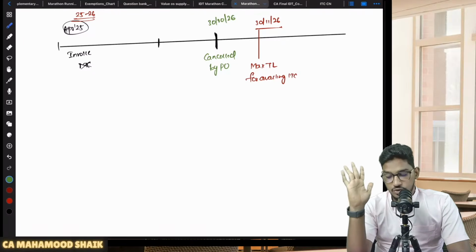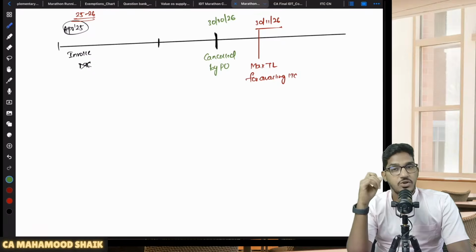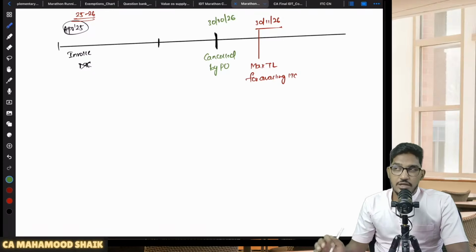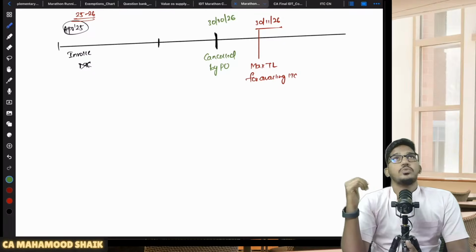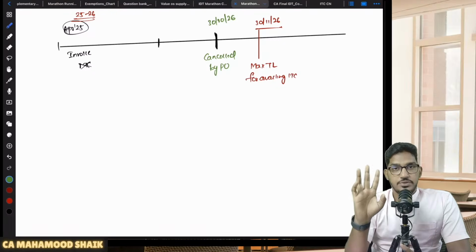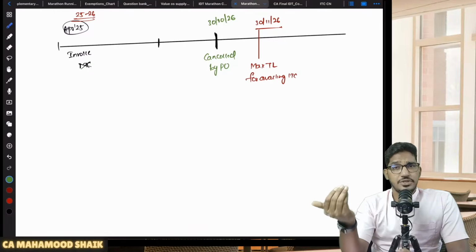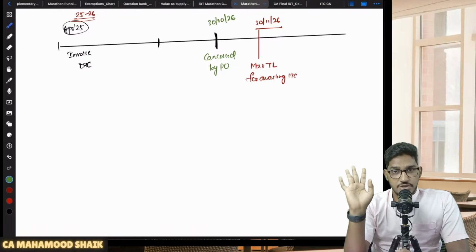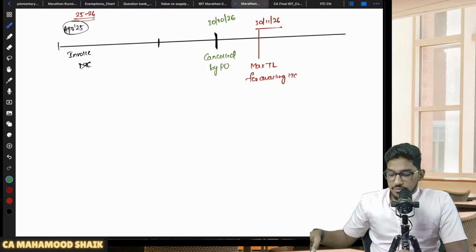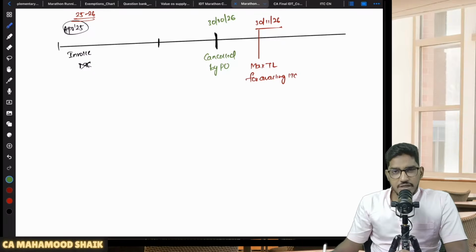On 30th of October 2026, my registration got cancelled, effective from that date only. Now, in case the registration was cancelled by the PO on suo moto basis, you will be given an option under section 30 to make an application for revocation of cancellation of registration. So you can ask for getting your registration back. Using that option, you have made an application within 90 days.